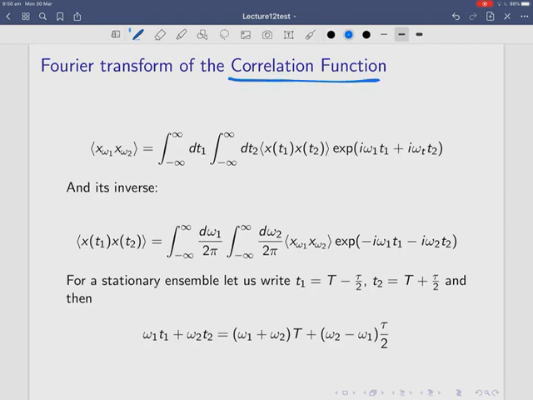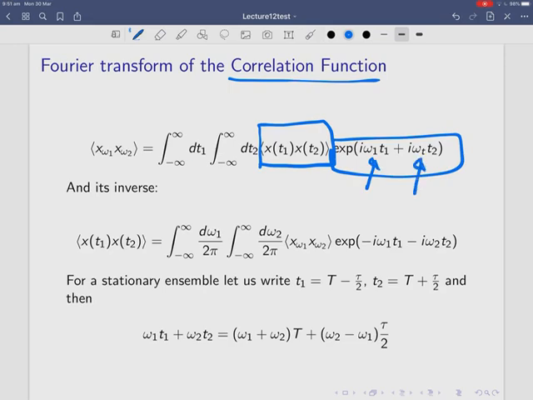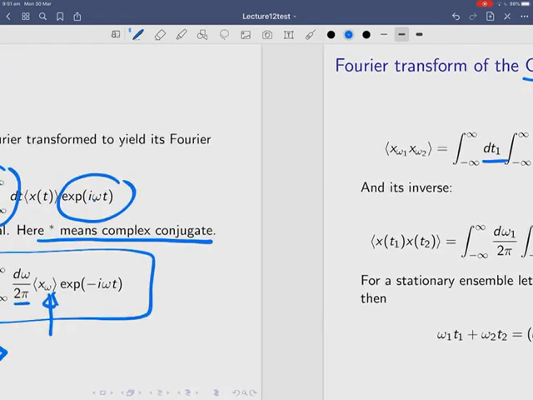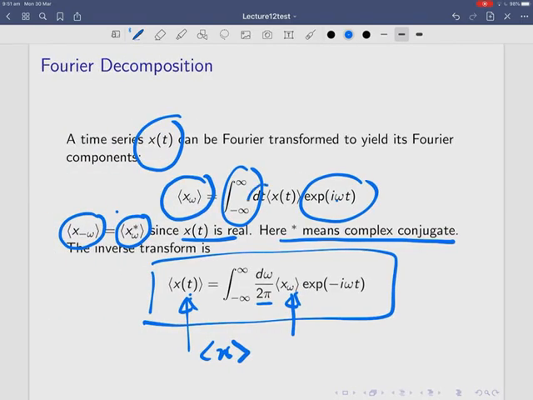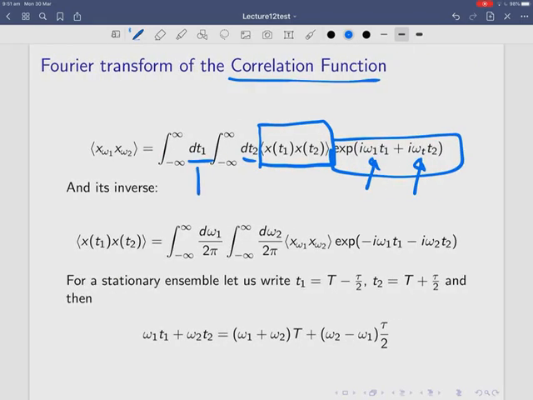Now, of course, we can also do the Fourier transform of the correlation function. To do that, you take your correlation function, which we know, and multiply it by 2 exponentials with 2 frequencies, omega 1 and omega 2, and integrate over 2 different times. You can compare that with this one here. We've done one integration over time here; here we've got 2 integrations over time. We can also invert that and get this equation here with some minus i's and some 2 pi's.